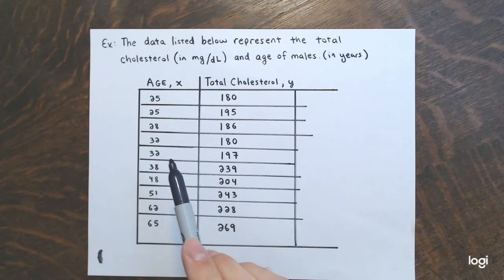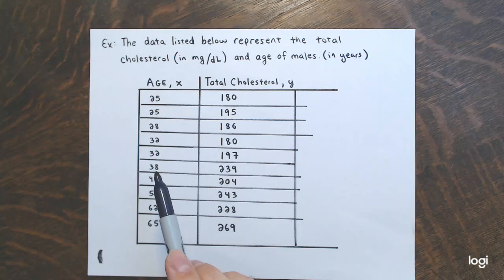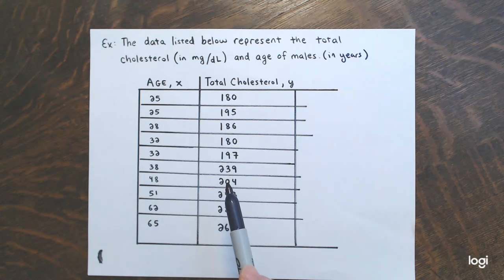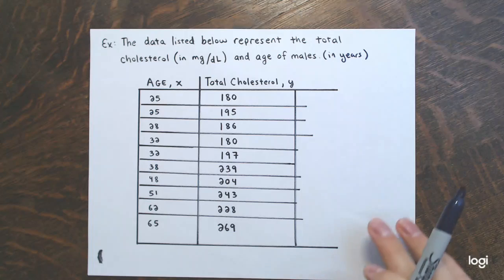Next pair, 32 corresponds to 197. 38 to 239. 48 to 204. 51 to 243. 62 to 228. And a 65-year-old male with total cholesterol of 269 milligrams per deciliter. Alright, so let's take a look at that table. We're going to use it to, part A,